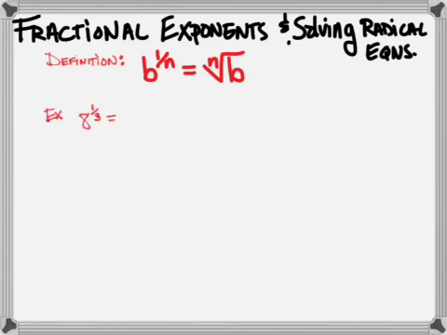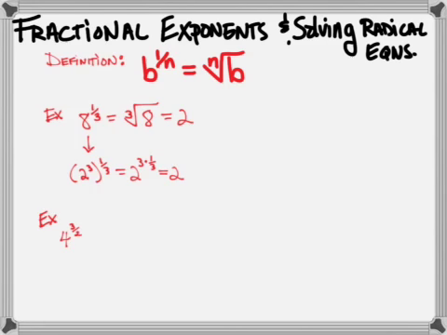So an example, 8 to the 1/3 is asking for the cube root of 8, which is 2. And why is that true? Well, 2 to the 3rd times 1/3 power, I multiply those powers. 3 times a third is 1, and that gives me 2. So I can see and simplify these if I look at powers that aren't necessarily ones where the numerator is